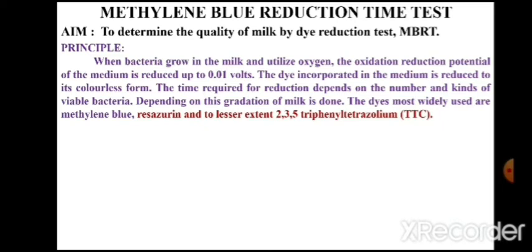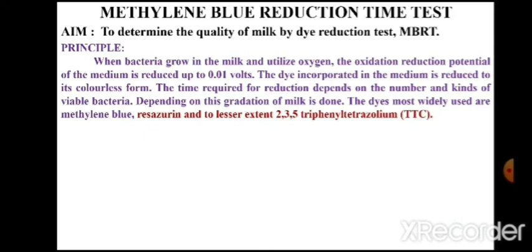Colorless methylene blue indicates that methylene blue is reduced, and reduced conditions are the indicators of microbial load. Now another factor is connected to this decolorization, and that is time. The parameter which is added here is time.